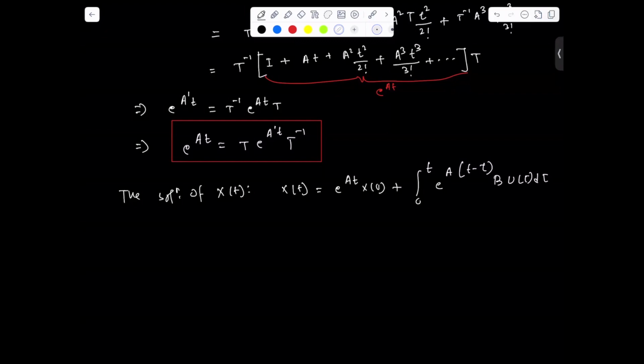Now what we'll do is substitute this matrix in place of this term. So in place of x t, we can write the transform variable, z t equal to, we can write e to the power At x naught, we can write T z naught plus integral from 0 to t